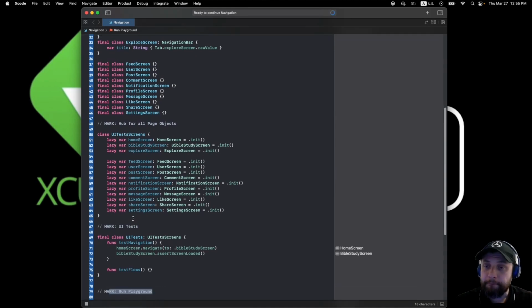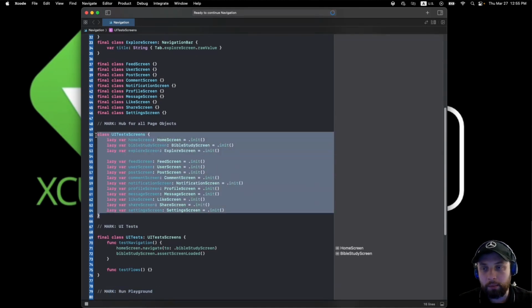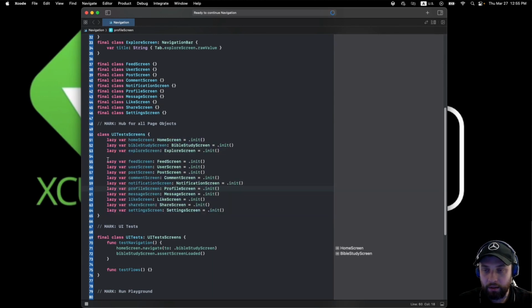Let's talk about the hub. Here you can have more and more page objects, and of course you can say let's just add comments. That's, let's say, home screen, and maybe feed, user screen, and poll screen, or the comment screen is on the home flow, or the home feature overall. But